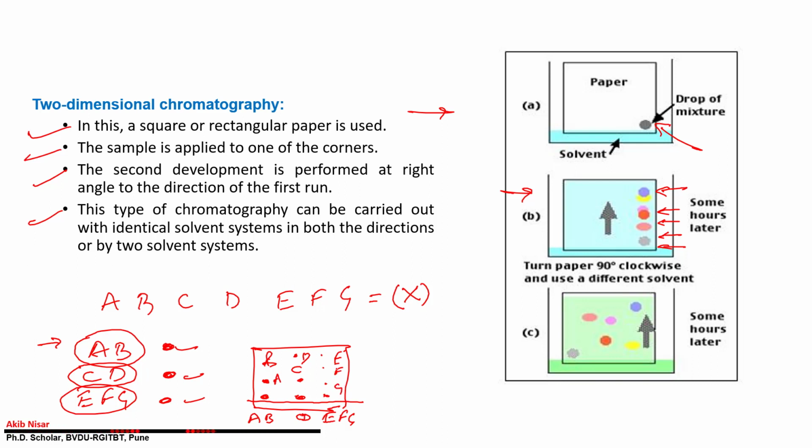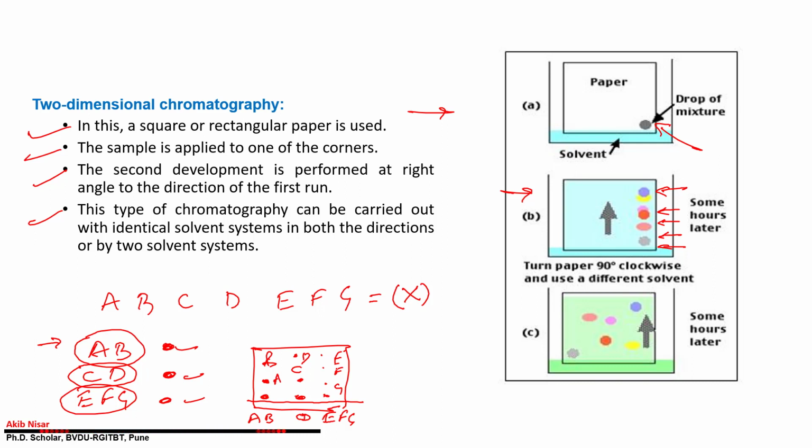So I think you will understand why we need two-dimensional chromatography: in a single run, you can't differentiate all the samples in one shot. So when you have a complex mixture of solutes in your solvent system or in the sample you have isolated, at that time you have to perform the two-dimensional chromatography technique.